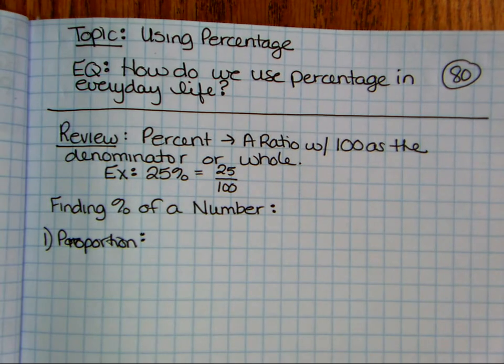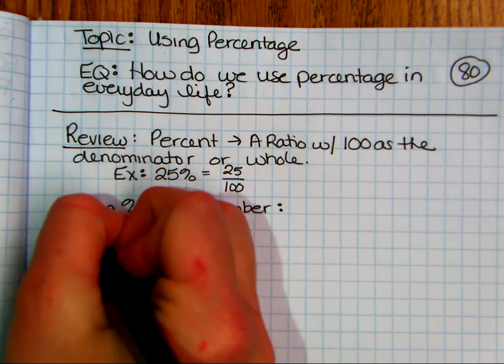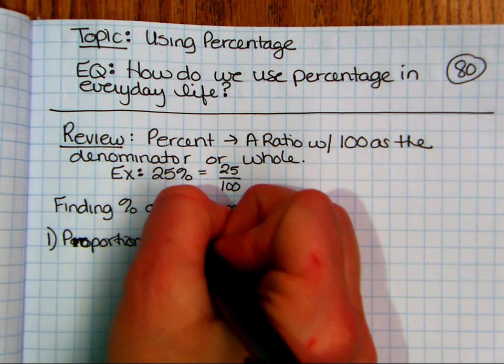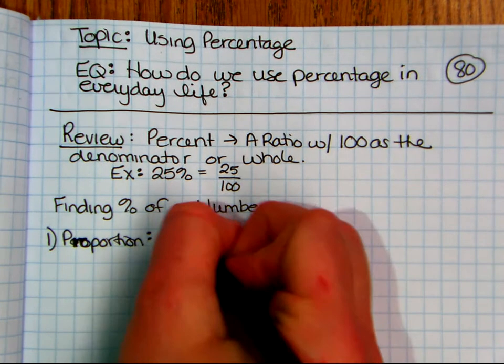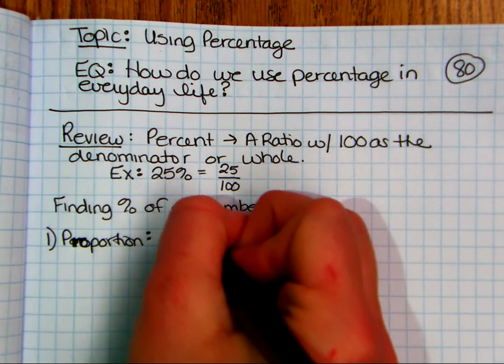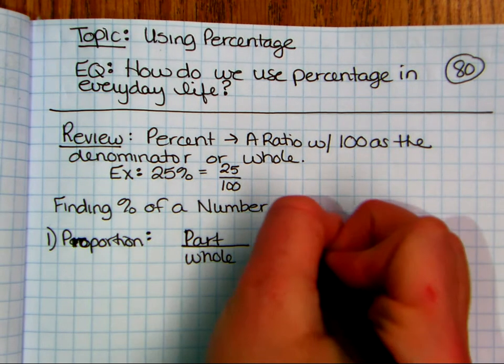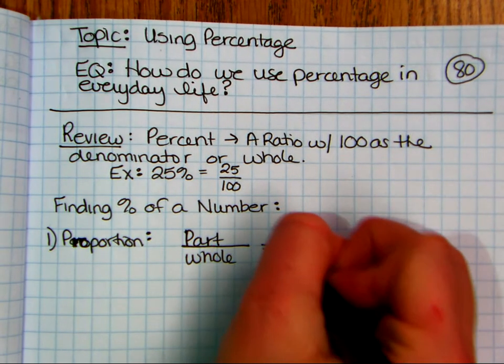In using a proportion, we would remember that it would be a ratio. So you would have two ratios. On this side, you would have the part, and the whole is equivalent to the percentage that's given over 100,